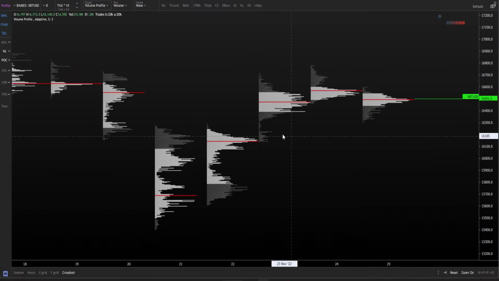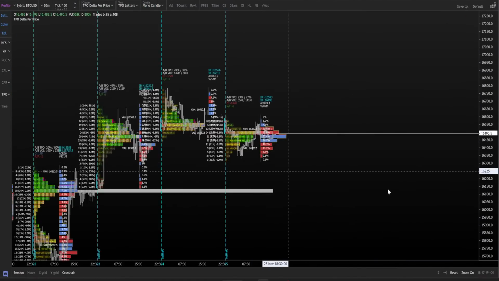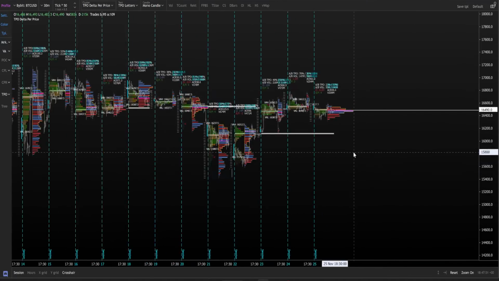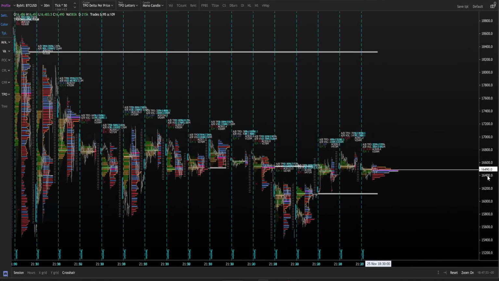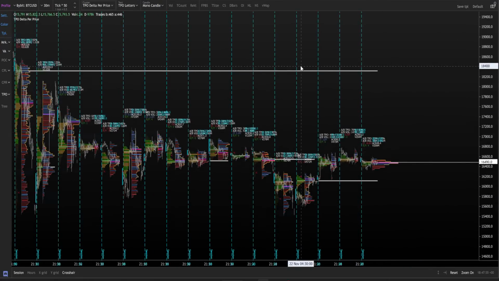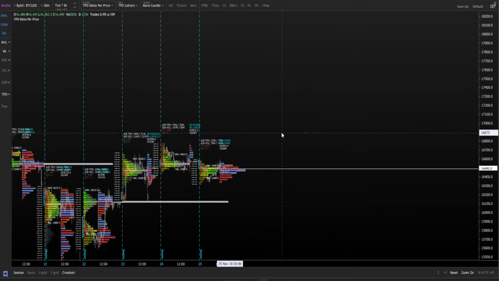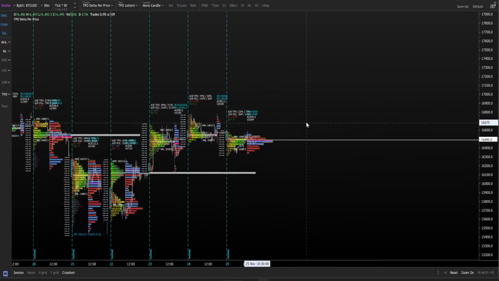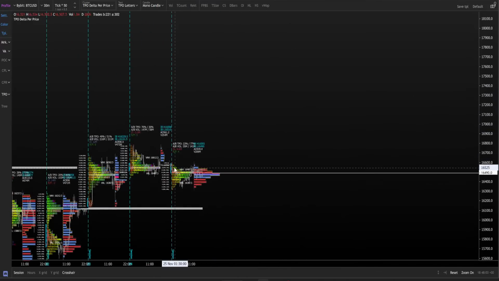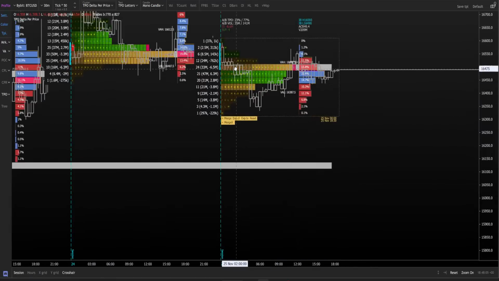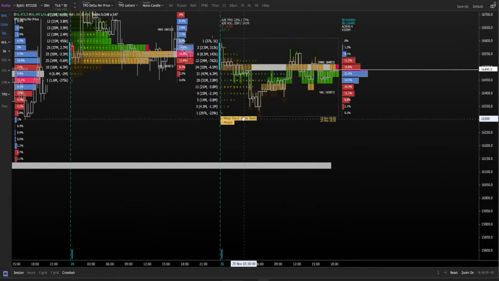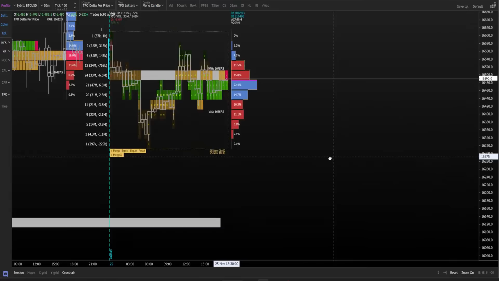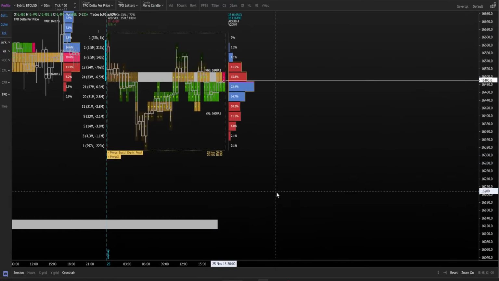And this is also what we obviously teach over on the website. But when you start to look at single prints, we're looking at the TPO charts. And if you get acceptance into those single prints, they can act as really nice liquidity moves. For example, if you get a double distribution day, this is what many people refer to as the B pattern, but basically you get an initial distribution. So this is not a distribution day, by the way, but let's just say that we expand this text and the cluster. And let's just say we had a really big move down now.